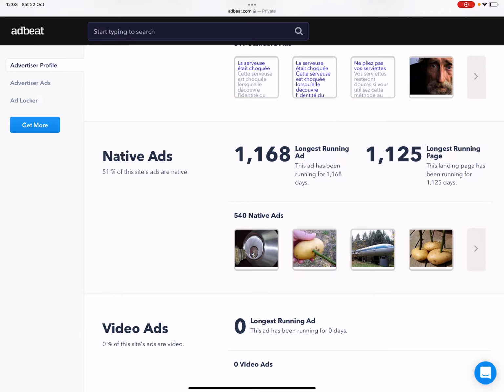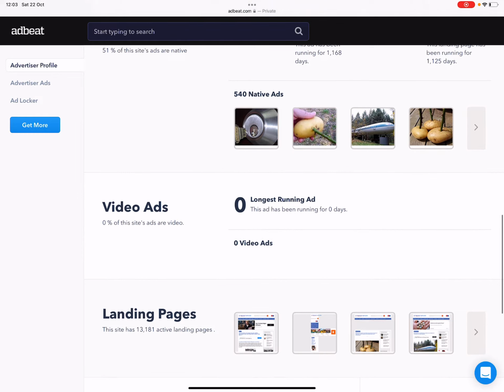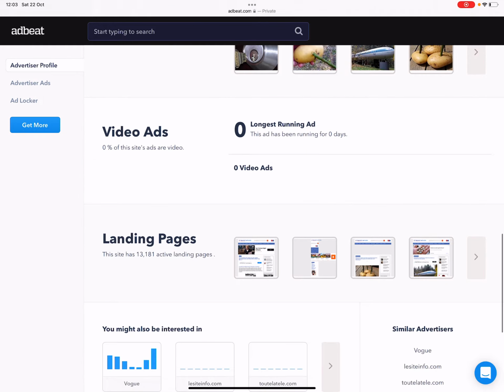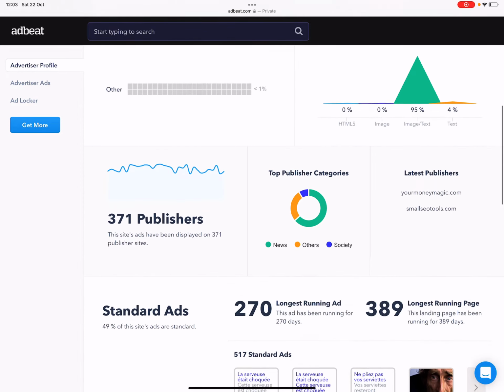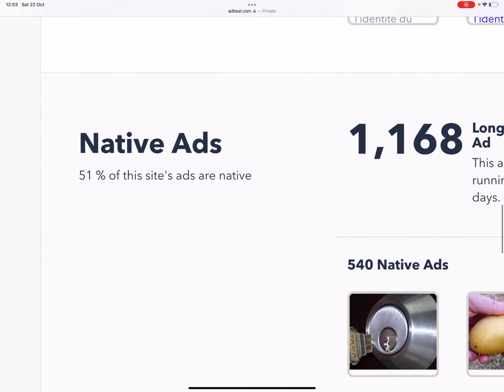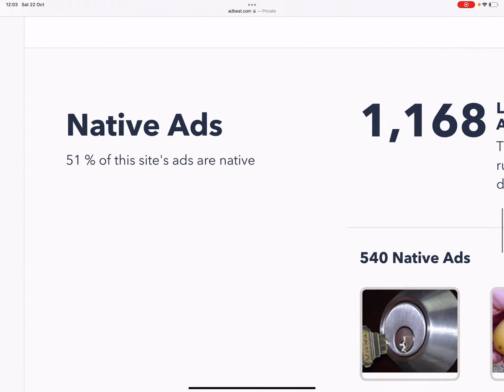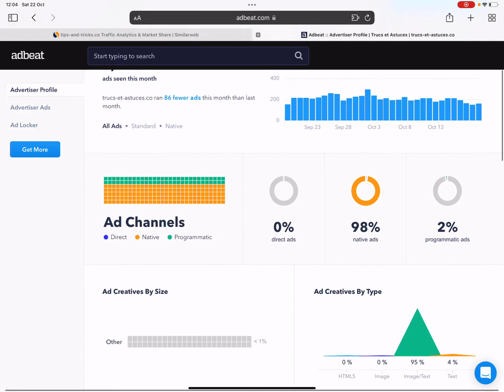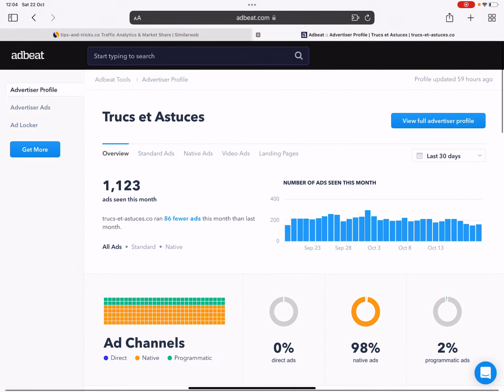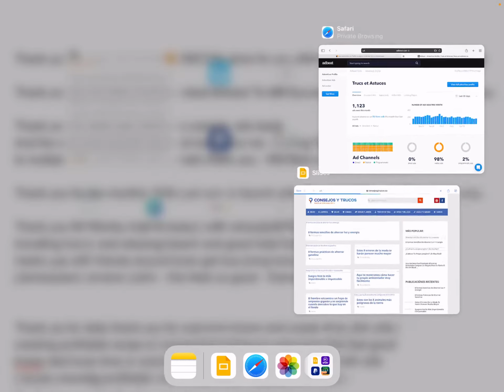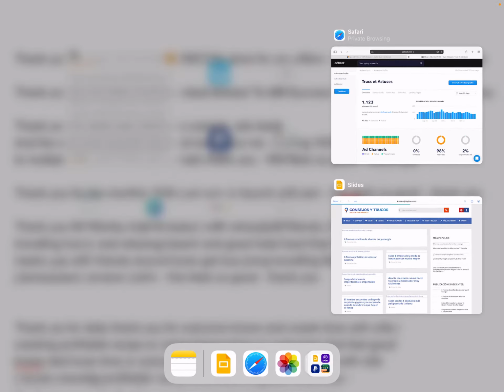It's huge. And we can model them, we can find what works, and we can implement our own strategies and ideas to make them better. You can see the amount of active landing pages, they've scaled it up massively. And it says here, native. 51% of this guy's ads is from native advertisements. That's massive, that's phenomenal. That's why you have to understand this is a huge opportunity that most people are not aware of. So again, it's just another example.